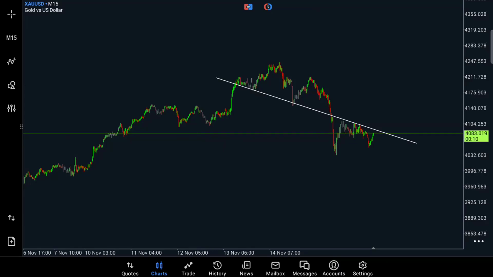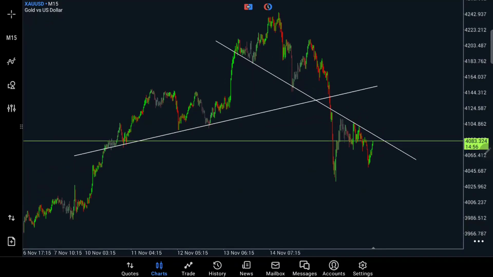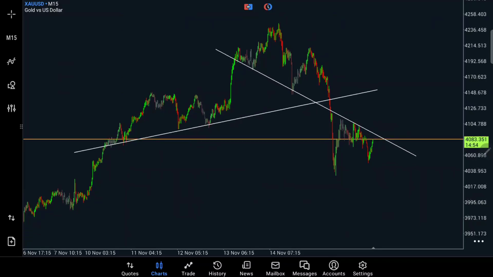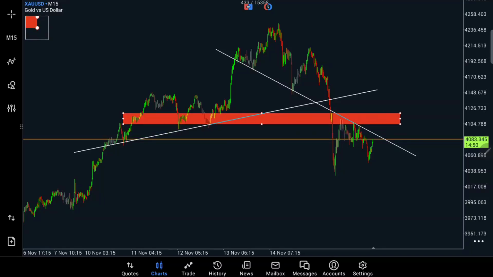As you can see, there is a possible support and resistance trend line. If I draw another one over here, that could be perfect. Okay, seems perfect right now. And if I draw a resistance area like that,